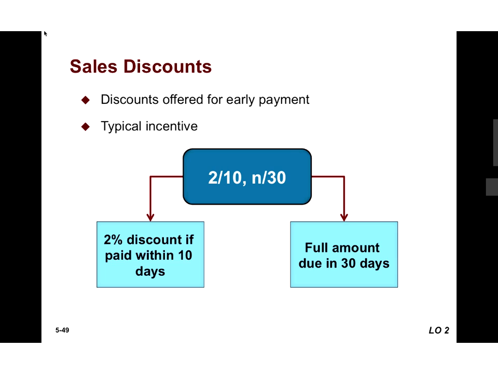So businesses do this as a way to speed up their cash flow. So if their customers pay faster, the businesses can use the cash to pay their own suppliers, to pay their employees. Cash is usually tight in businesses, so they will offer payment incentives as a way to speed up the cash flow. Okay, now the accounting for this is,